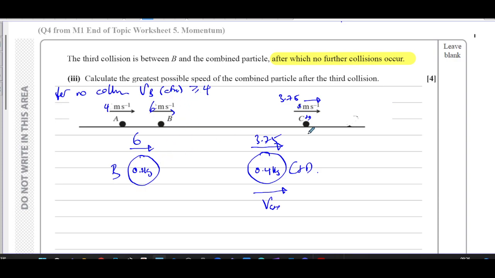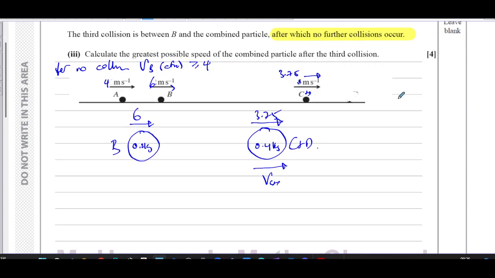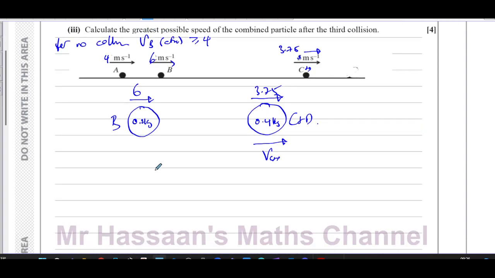Now, why do we care about the minimum speed of B? They're asking us for the greatest possible speed of the combined particle. Hopefully, when we set up the equation for this, you will understand. So I'll leave this as VB for now. So let's look at the total momentum before the collision. It's going to be